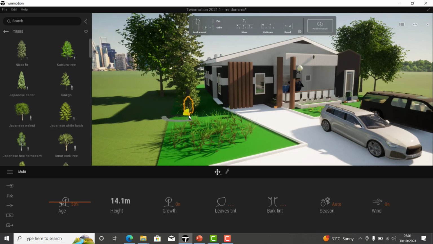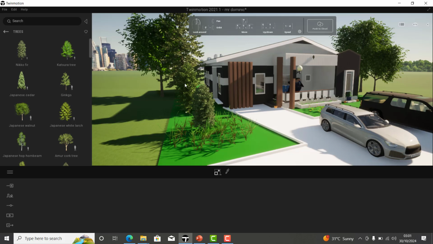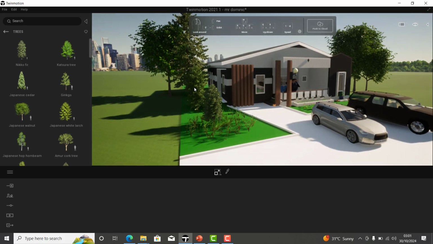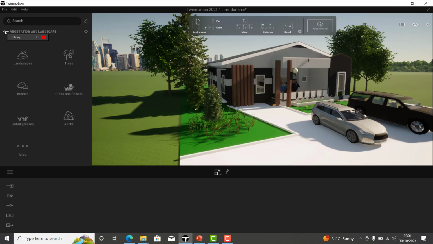So I will have to switch to move to simply maybe move this here. I can switch to scale here, and then I will just rescale this to maybe something bigger, and I type 2. So you can see this is basically how to play around with some of this. While you explore the software, you will see other bigger, more realistic stuff you can achieve with the Twinmotion. Okay,